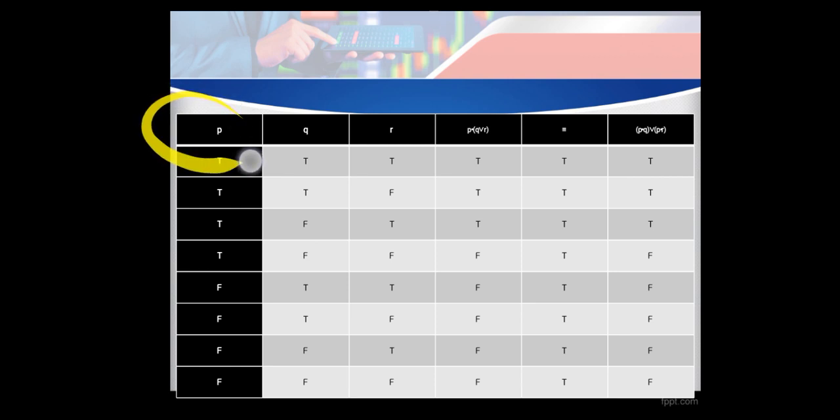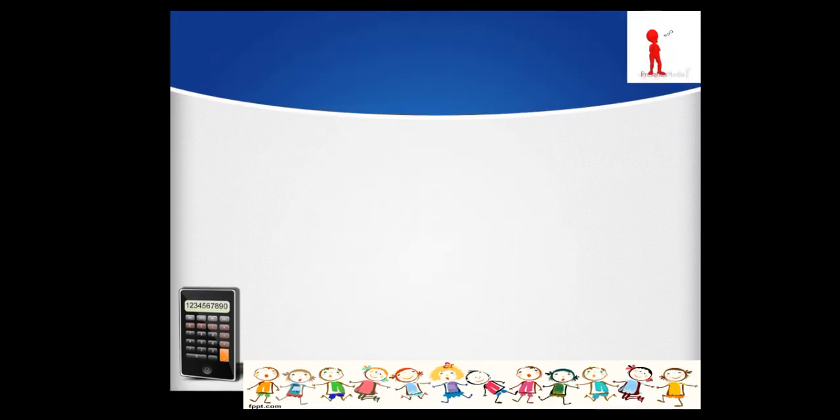So we have here the quantity of the P, the Q, and the R. So we will find the P and the quantity of Q and R and P and Q or P and R. So for example,